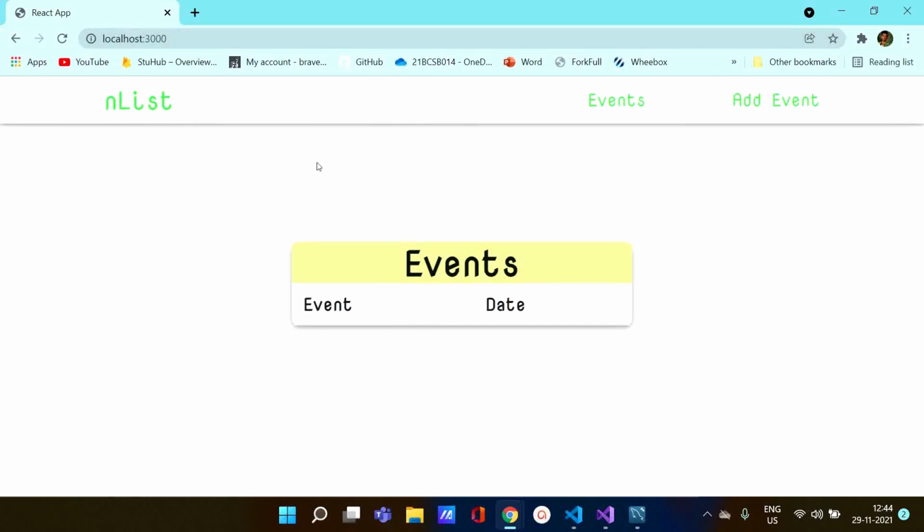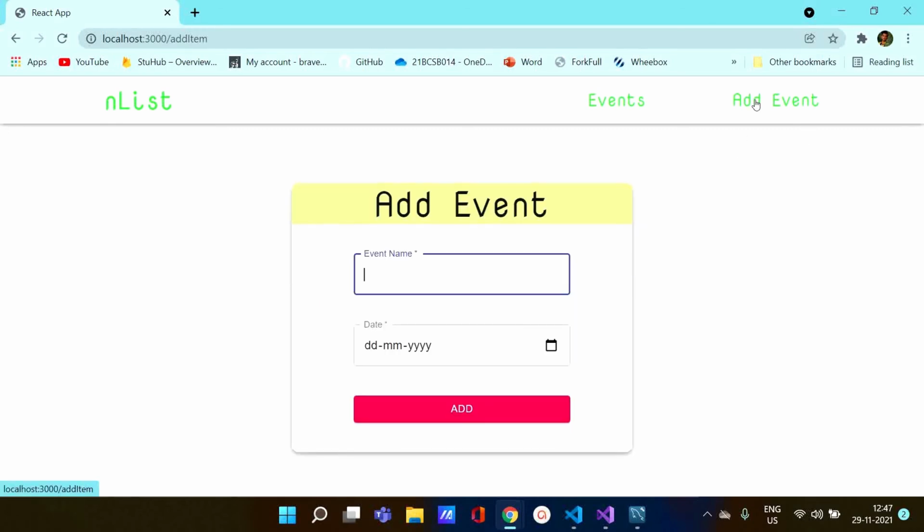Now the events page is visible, and as we said, we have not added any event, so it is empty. Now let's try to add an event. Enter the event name.